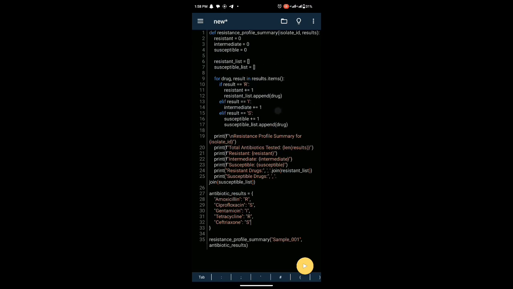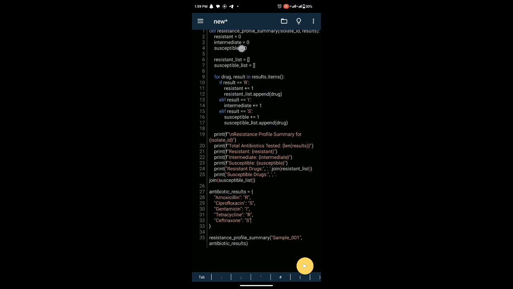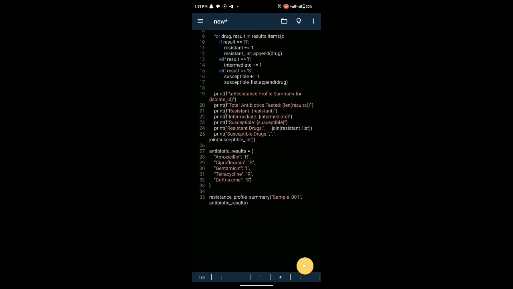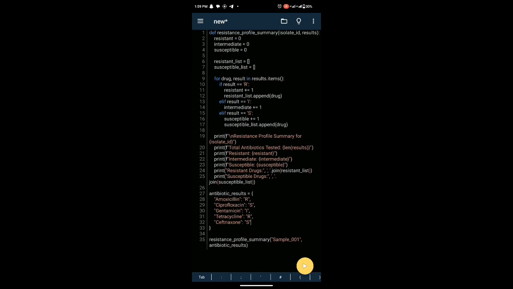So this code is the code to generate the summary of drugs that are resistant, intermediate, and susceptible. So as it is given. Now this is resistance. This is the code to find the resistant ones, the number of resistant drugs, intermediate drugs, and susceptible drugs. So as I have written, we go further to the codes